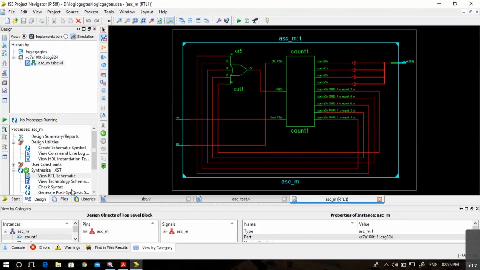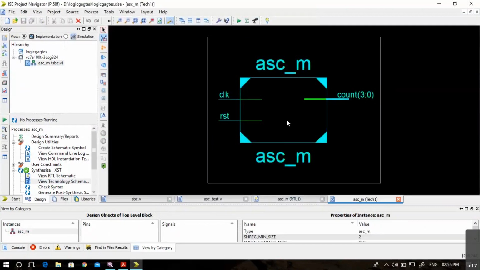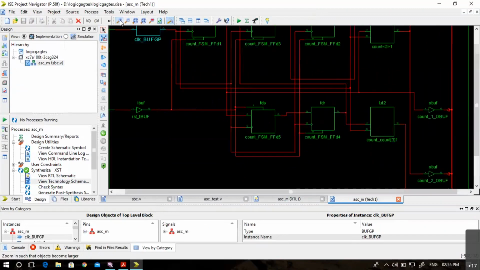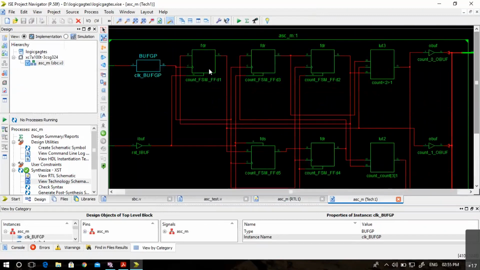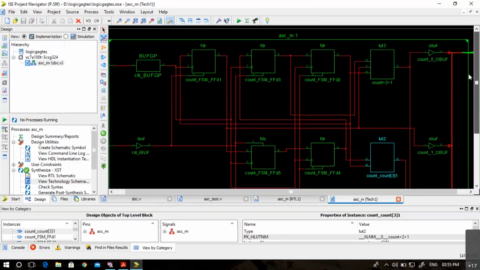Now let me come to the technology schematic. In the technology schematic, let me zoom out. You can see one D flip-flop here, and then one more, then you will see one LUT. You will see one more D flip-flop, one more D flip-flop, and one LUT. Why these many flip-flops? Because we have those many sequences.